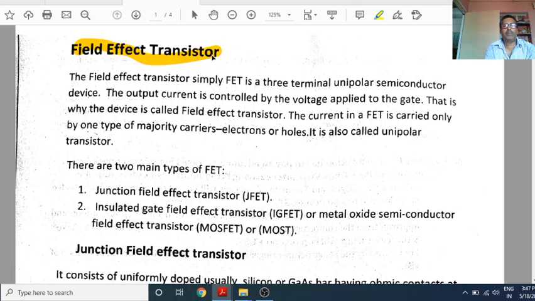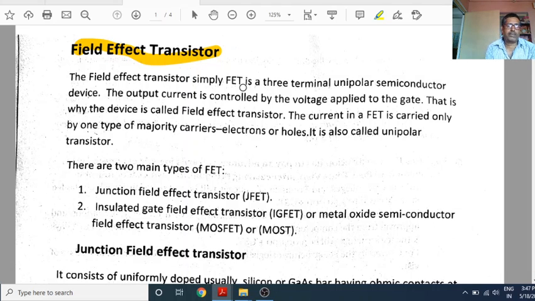Actually, it is a unipolar transistor because in this transistor, only one type of charge carriers, majority charge carrier, that may be electron, maybe holes, are active here. So current is due to one type of majority carriers, that may be holes or electrons, and that is why we call it unipolar.